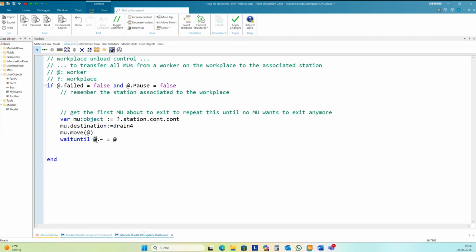MU add dot. You'll find this in many Siemens programs. I wait until the MU tilt is the same as location is at. I wait until the MU changes the position onto the worker. If you load something on the worker, it will start moving toward the destination and unload this part there. And I only need to do, at the end, I need to move the box